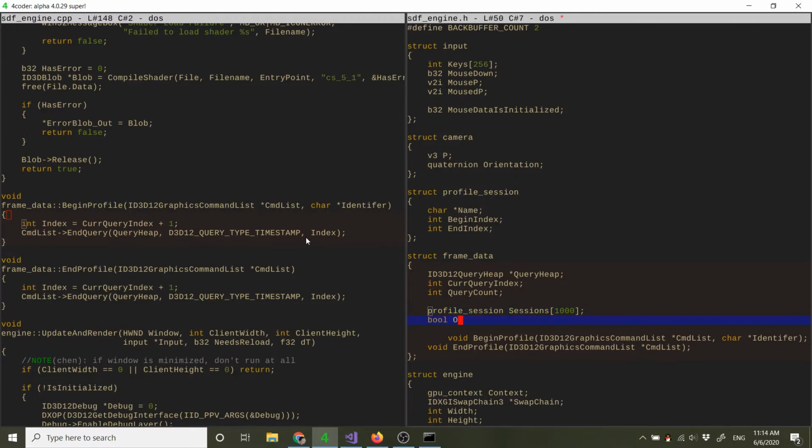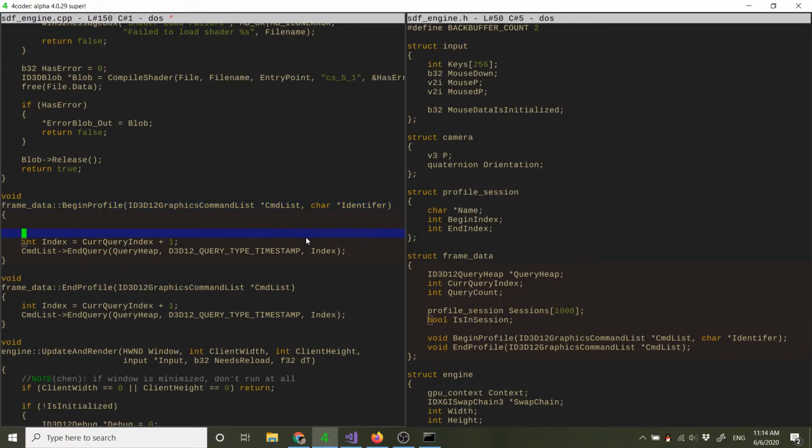And we have a boolean, open, so is in session. Basically what I want to do is avoid the scenario where I mistype. You don't really know what the user is trying to do if they call begin profile twice. Maybe they're trying to use it as a hierarchical profiler, but I'm not planning on making it one. So I'm trying to make sure that the opening and closing of each profile session is not